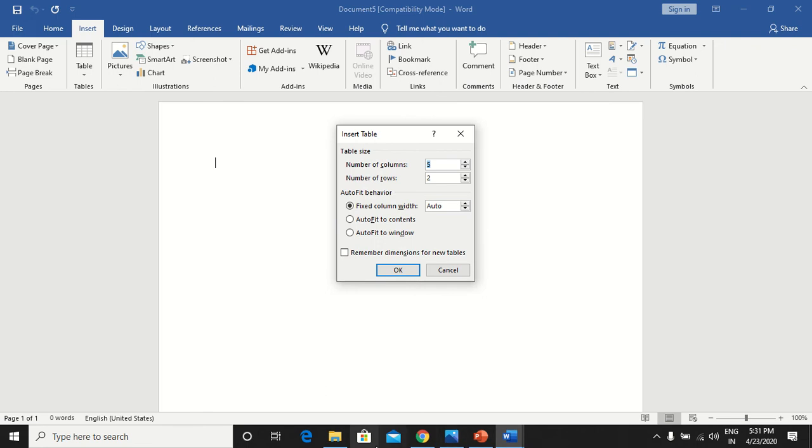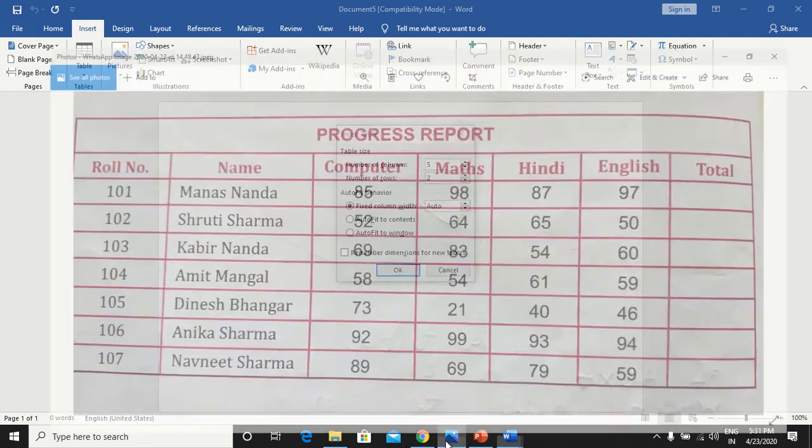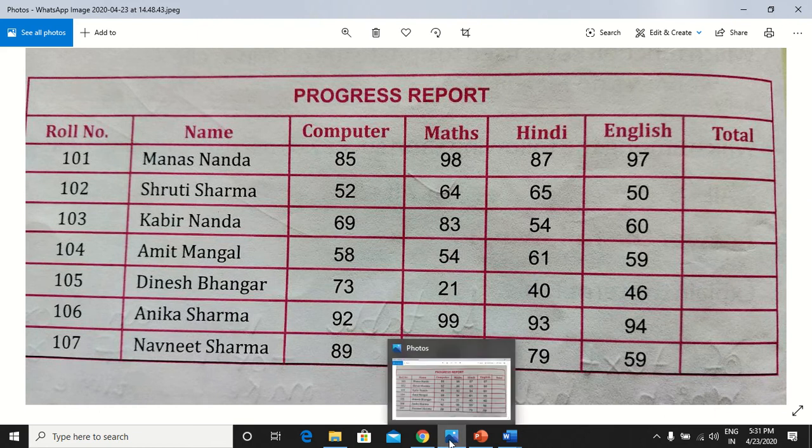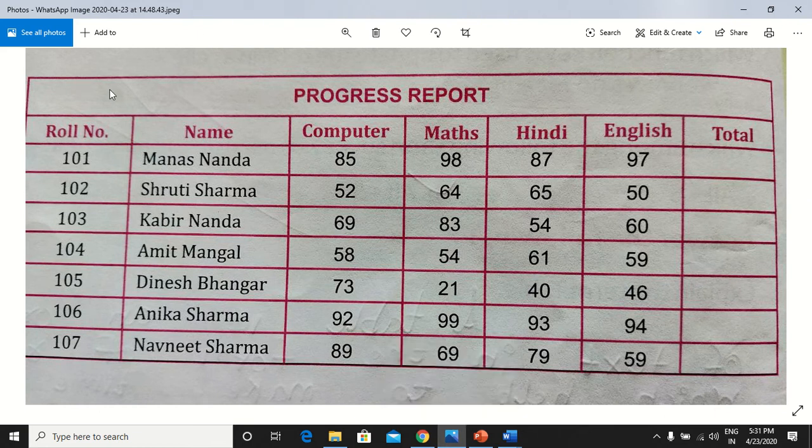First of all I will see what table we need to make. So how will we make this table? You can count. Here are 1 2 3 4 5 6 7, 7 columns I require, and 1 2 3 4 5 6 7 8 9, 9 rows I have required.